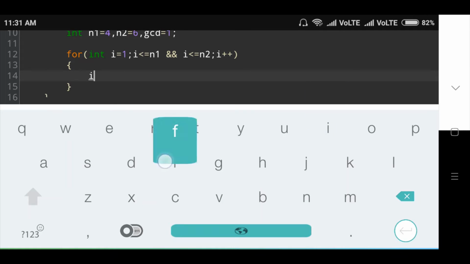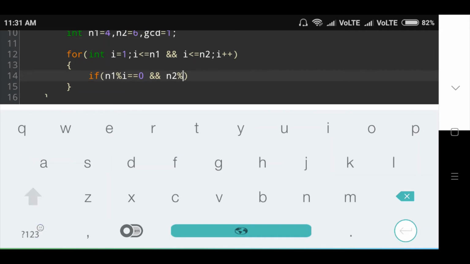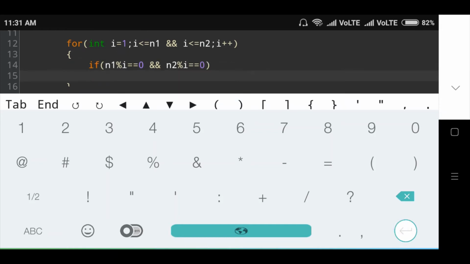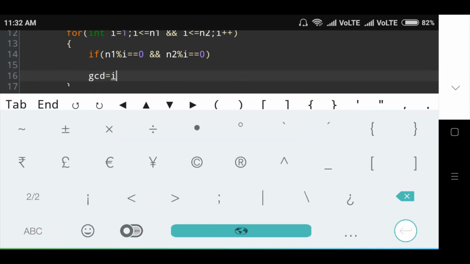If condition n1 modulus i equal to 0 and number2 modulus i equal to 0, then GCD equal to i. Here i value is stored in GCD variable.